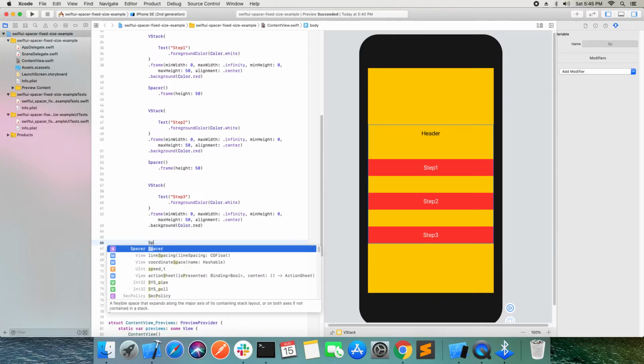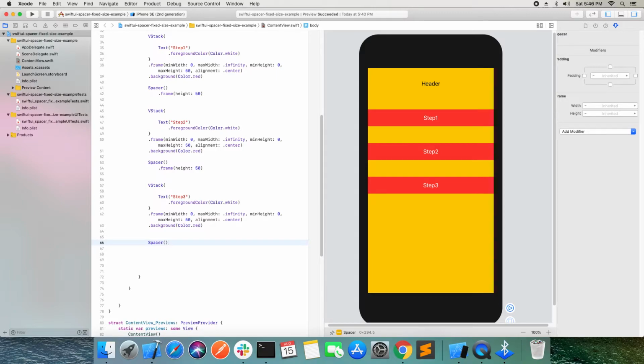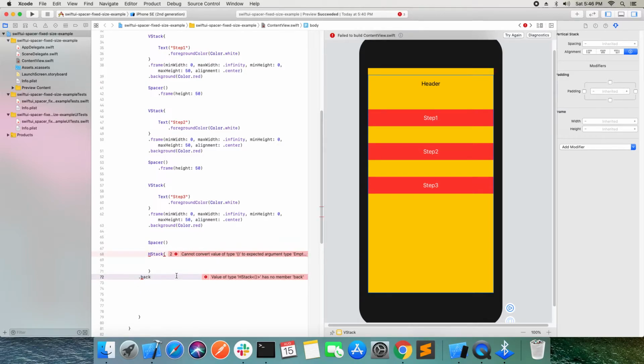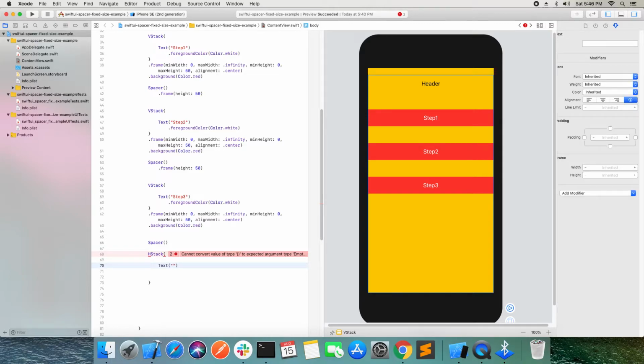Now we will add the spacer under Step 3. Okay, now we will design the bottom bar. We will take another stack view. For this stack view, set the background. Okay, we set the bottom design. We will take 3 texts,